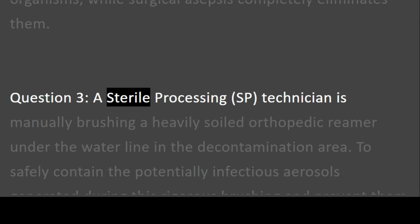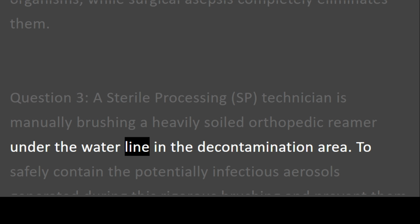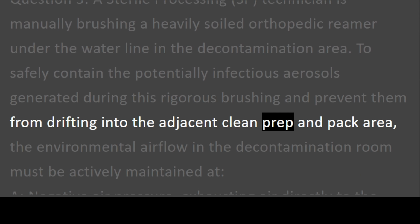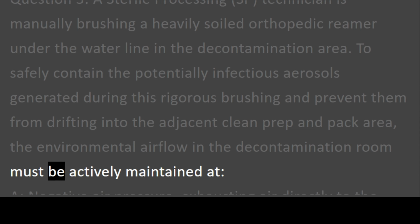Question 3. A sterile processing (SP) technician is manually brushing a heavily soiled orthopedic reamer under the waterline in the decontamination area. To safely contain the potentially infectious aerosols generated during this rigorous brushing and prevent them from drifting into the adjacent clean prep and pack area, the environmental airflow in the decontamination room must be actively maintained at